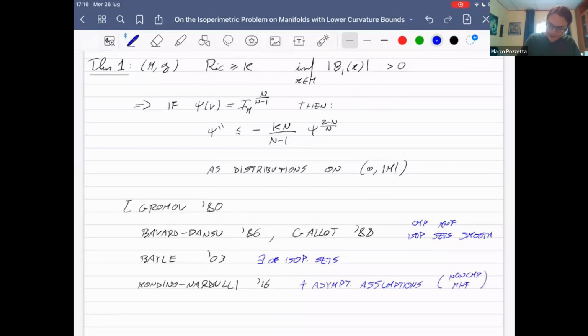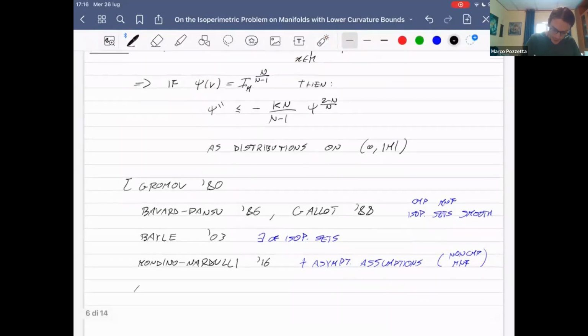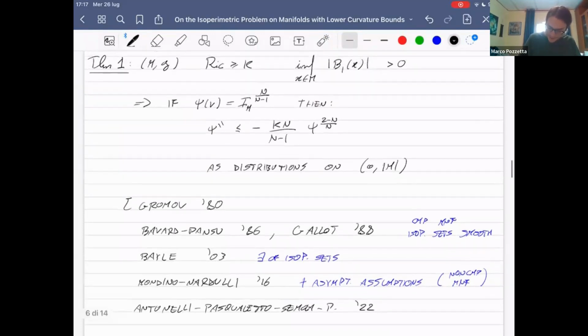And so to get these final statements where even these asymptotic assumptions are removed, so the fact that the statement holds only assuming these assumptions, it is a result obtained by myself in collaboration with Antonelli, Pasqualetto, and Semola, appeared last year. So the very final statement that I stated is contained in this last work,